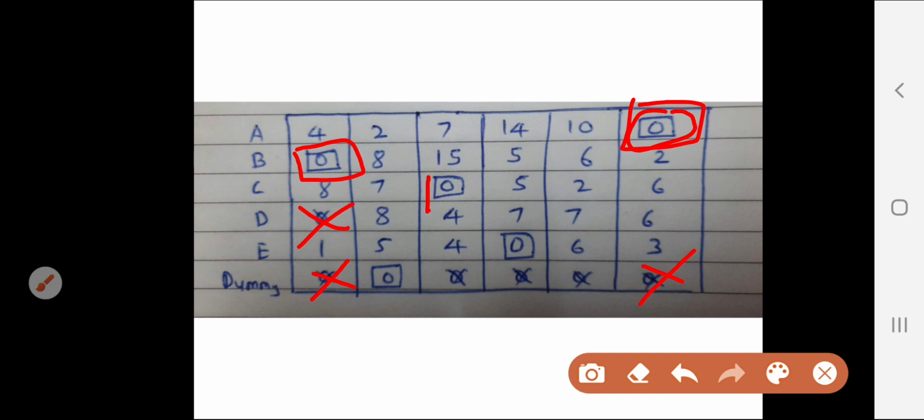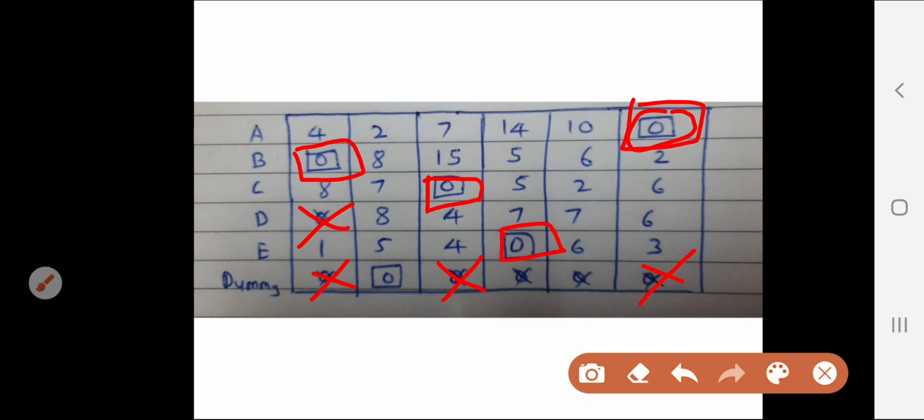You find one 0 here, you make it square, assign it. In the same column there is a 0, you make it cross. For the fourth row, already it is crossed, there is no free 0. Then in the fifth row there is a 0, you assign the value.